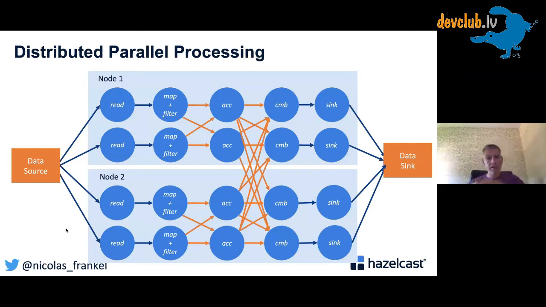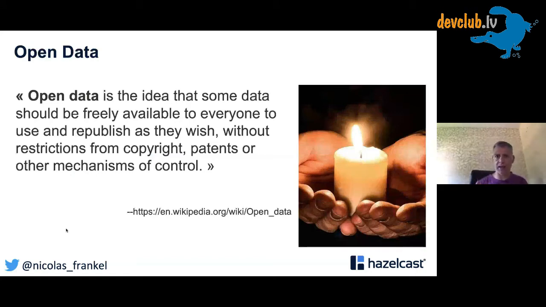So that's stream processing. Now for my demo, I need to have data, and because I don't want to use data from Hazelcast, I want data that is freely available. For that, there is something called open data. Open data is to data what open source is to writing code. The funny part is that open source has been there for a long time and is pretty widespread now; everybody wants to do open source. Open data is much harder to come by.